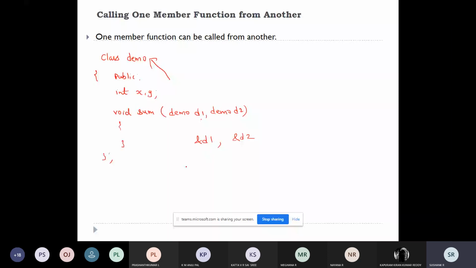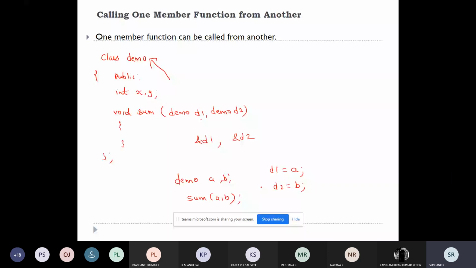For example, I'll create two objects, demo a comma b. Now I'm calling this function sum of a comma b. This is passed by value. So the value of a will be copied to d1, so d1 will contain the copy, and d2 will contain the copy of b.